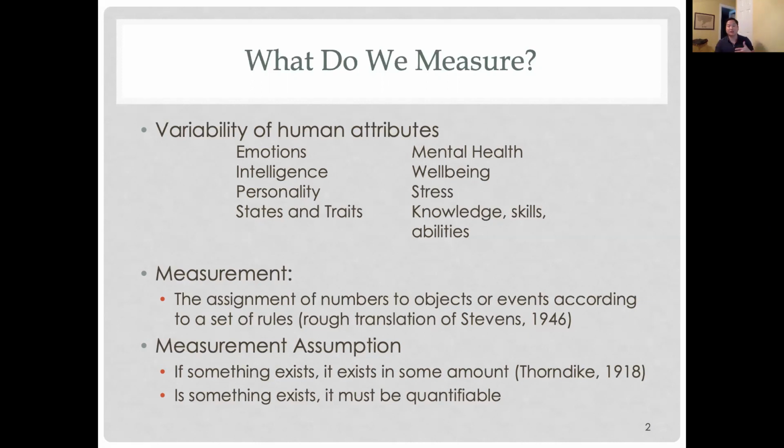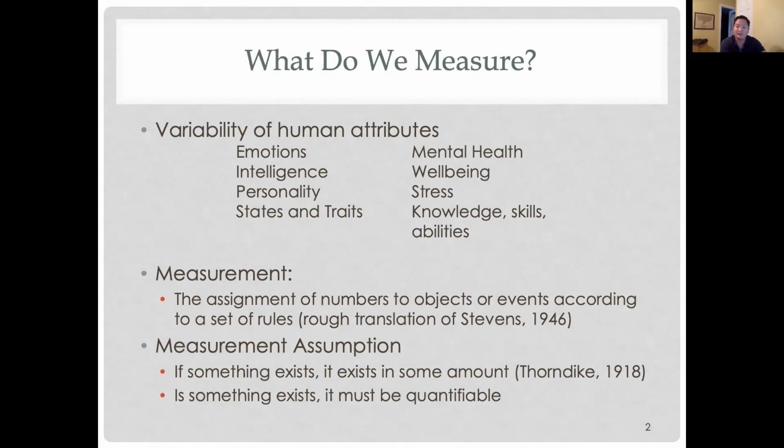That's psychology. We want to measure something about people, and it can vary. It can be emotions, it can be intelligence, personality traits, states and traits. For example, burnout is a state, right? Being angry is a state, or also a trait in that case, and so on and so forth. We want to put some quantifiable number to it through measurement. We're in psychometrics, we're talking about the study of measurement. So we have to assign numbers to this through some set of rules.